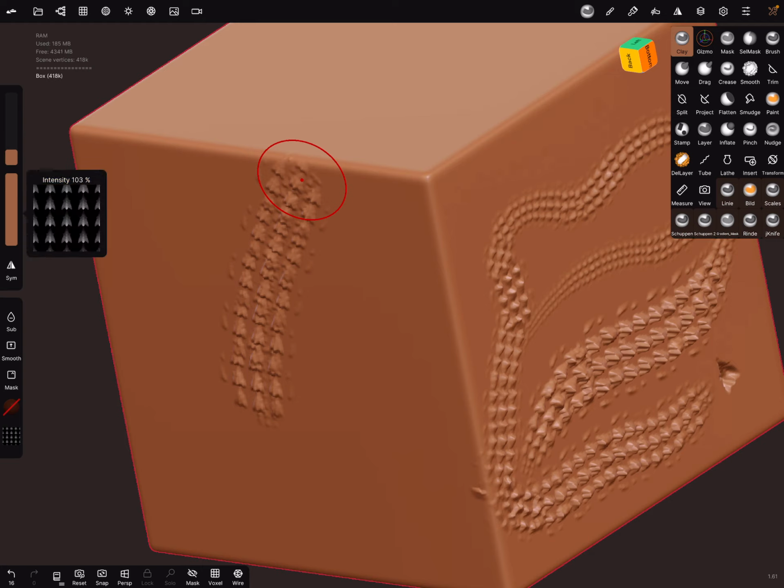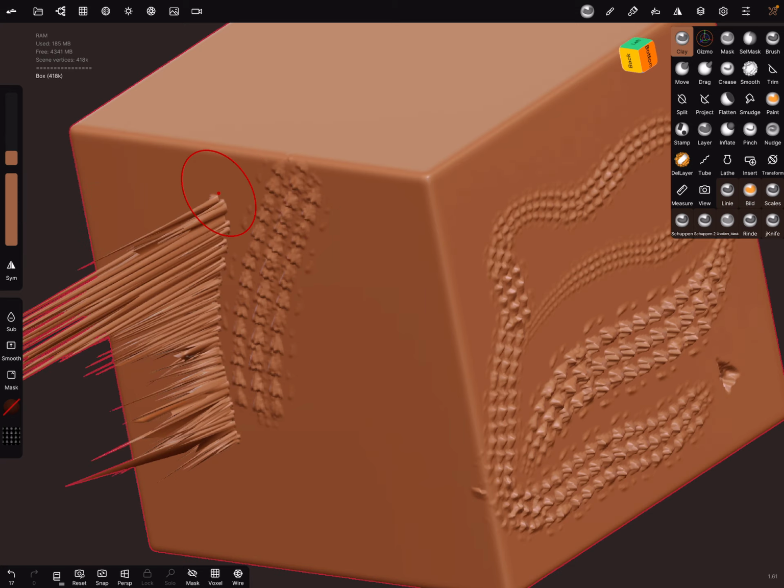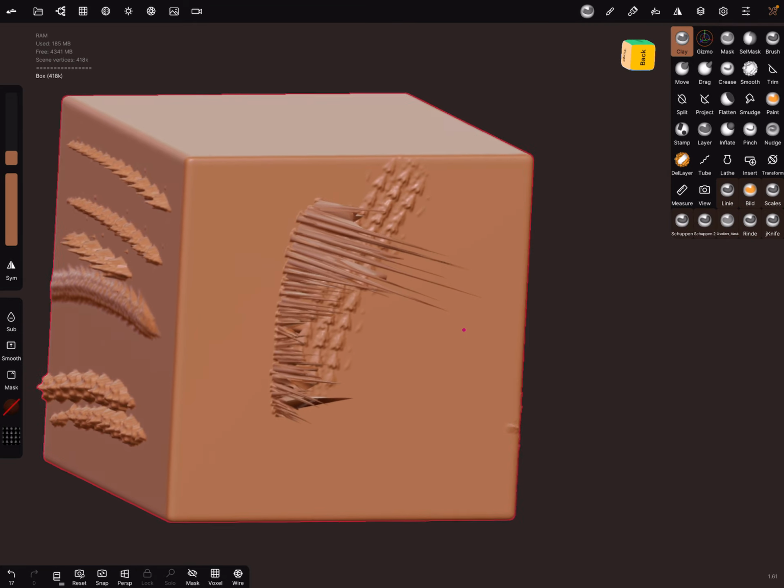Now you see the color changes: yellow, orange, and red, and you can bring it real high, to a real high intensity.